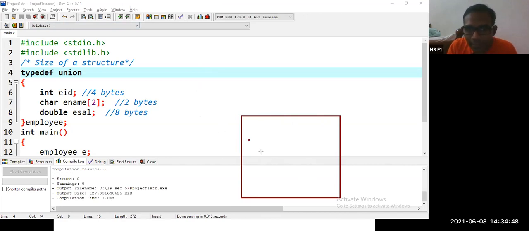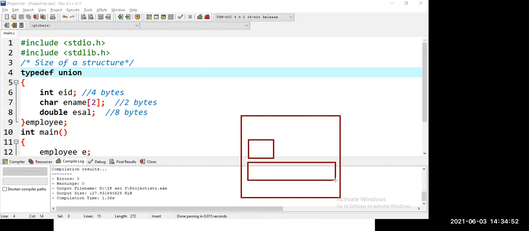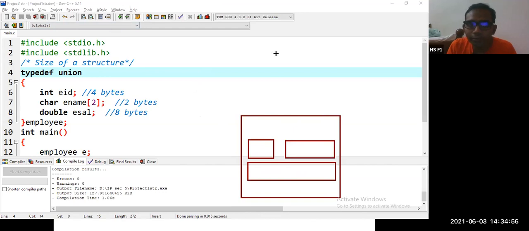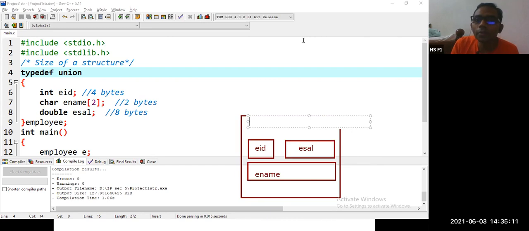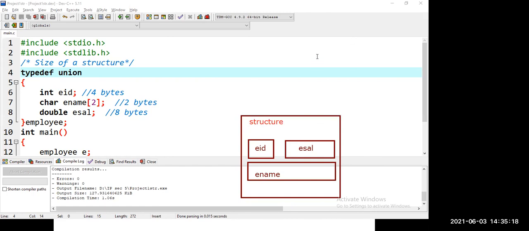It will have a separate EID, a separate name, and a separate salary. So this one is the memory allocated for EID, this is the memory allocated for ESAL, and this is the memory allocated for ENAME, for example. This is with respect to the variable created for a structure.